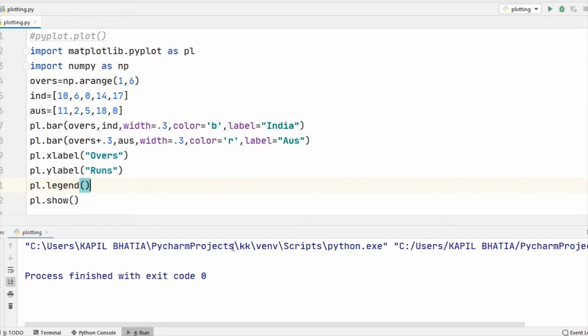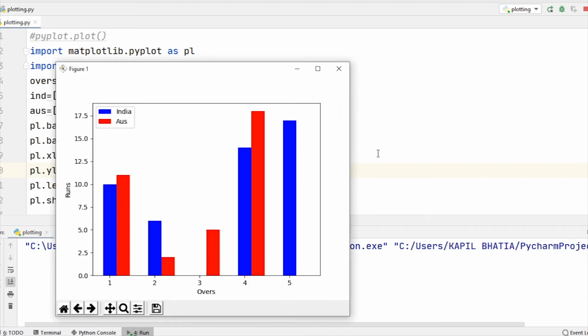Now when I run this code, you can see India is showing blue color and Australia is showing red color. So I hope you understand how to create multiple bars on the same bar chart.